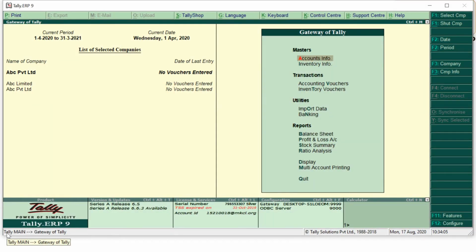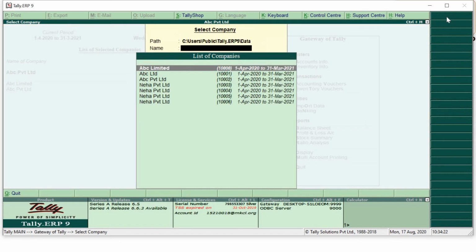Okay, now select the company which you want to delete. For selecting a company, my shortcut key is F1, or I can simply go over here and press select company. Now I will get all the list of the companies which I've created already.